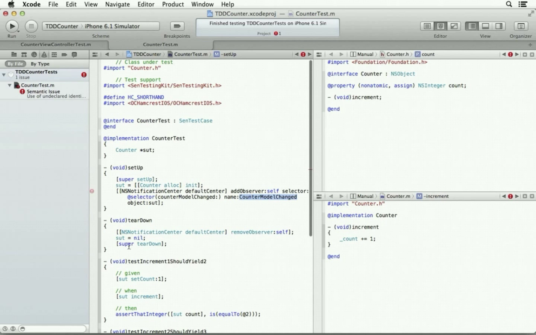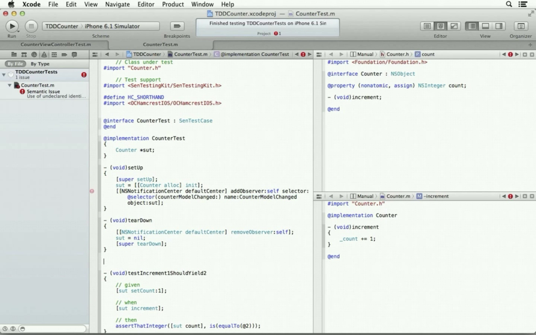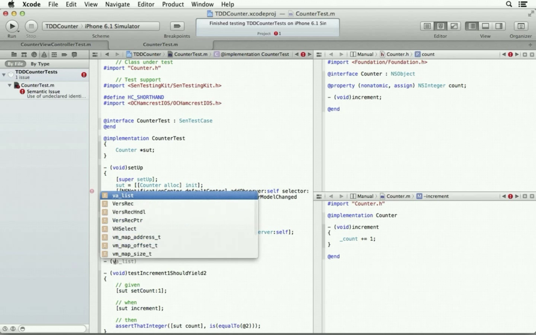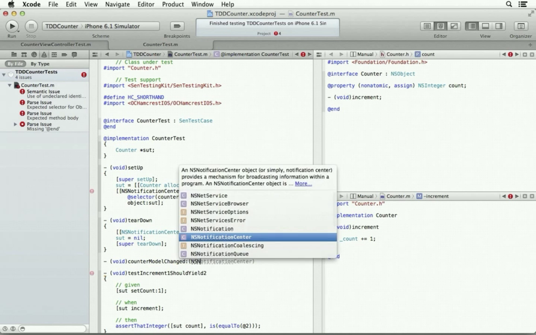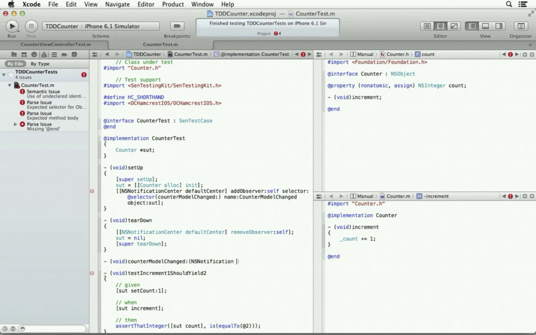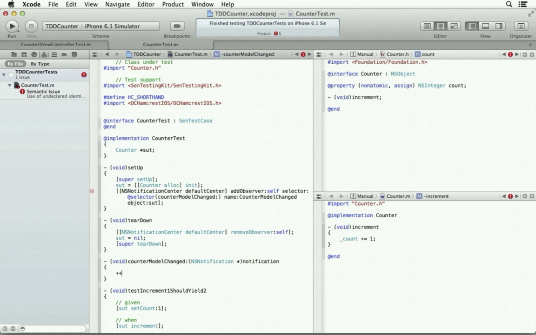And when this happens, when the notification comes in, let's increment a count.